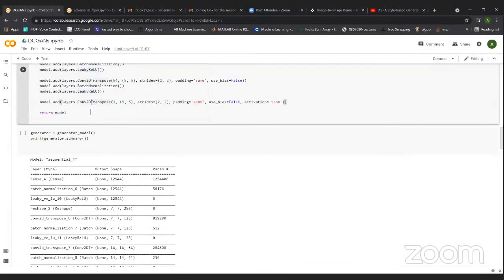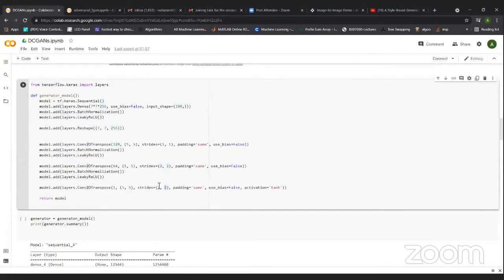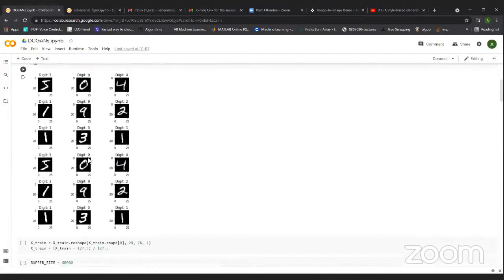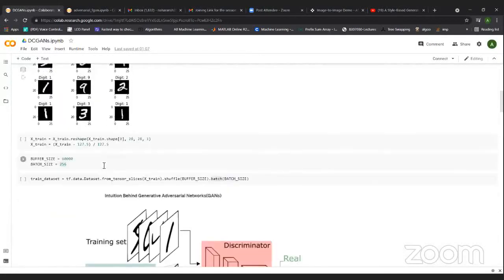At the end we use another convolutional 2D transpose layer with a filter of 1, since we want to give a grayscale image to the discriminator, because our discriminator will be trained on grayscale images. We take a stride of 2, so our 14 by 14 image turns into a 28 by 28 image. It's necessary that the generator creates images of dimension 28 by 28, because we are using 28 by 28 images for training the discriminator as well.